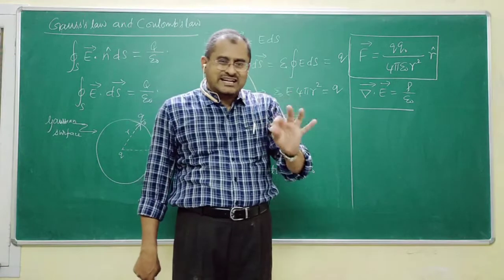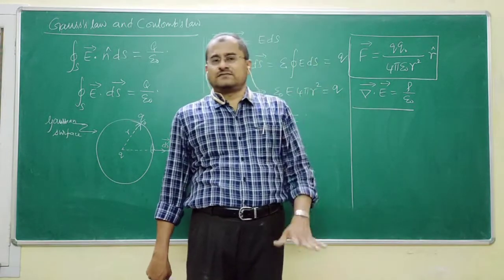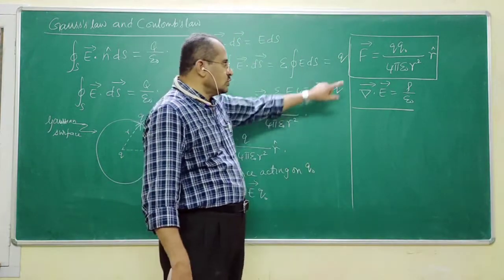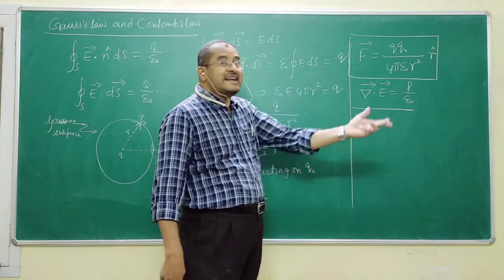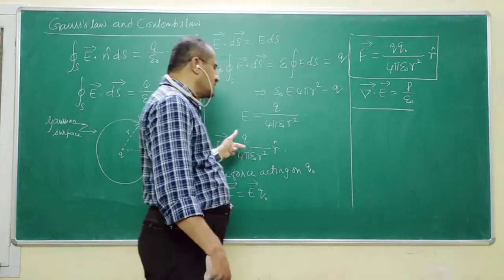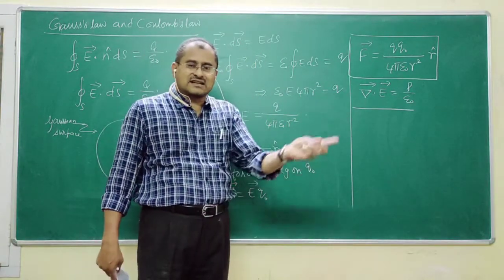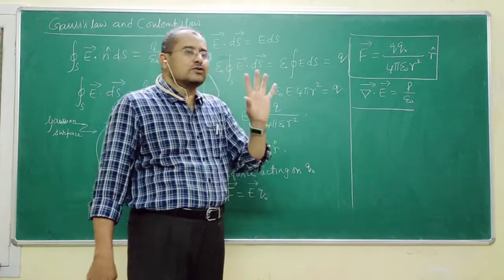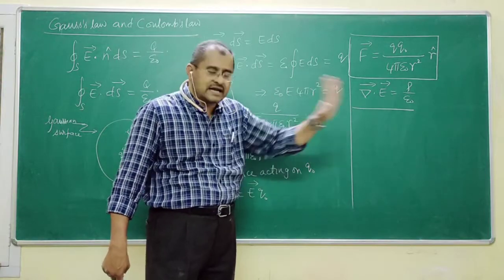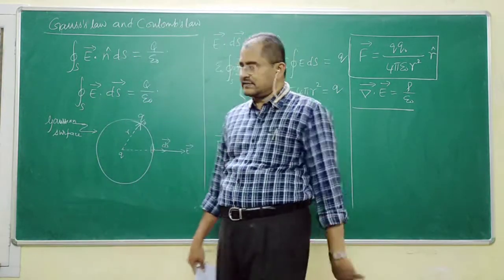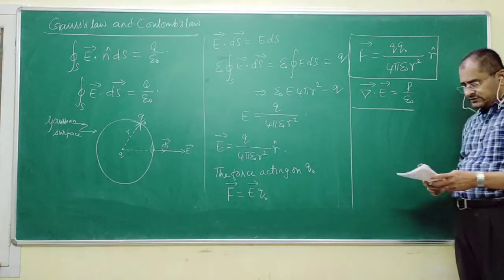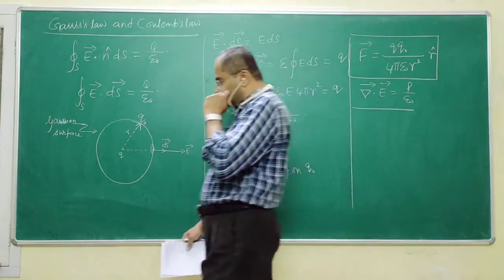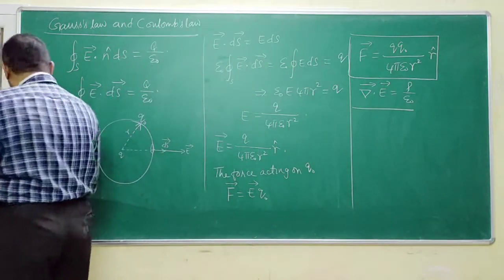Coulomb's law is not listed in Maxwell's equations or equations of electromagnetic theory because Coulomb's inverse square law can be deduced from Gauss's law. Since Gauss's law is already there in the electromagnetic equations, Coulomb's law has not been listed. As simple as that. Is that okay to you? If this is okay to you, I would like to go into the applications of Gauss's law.